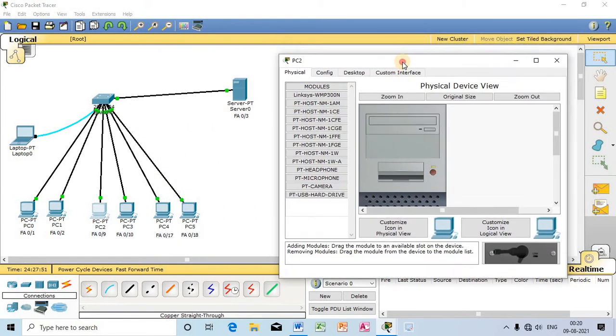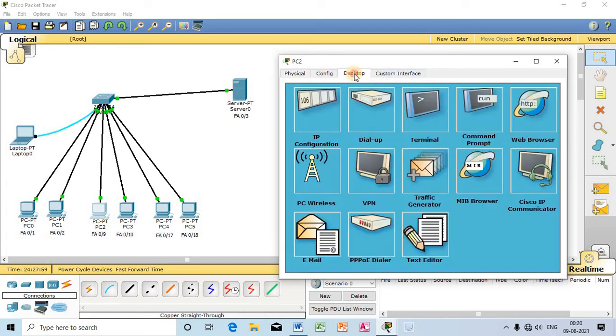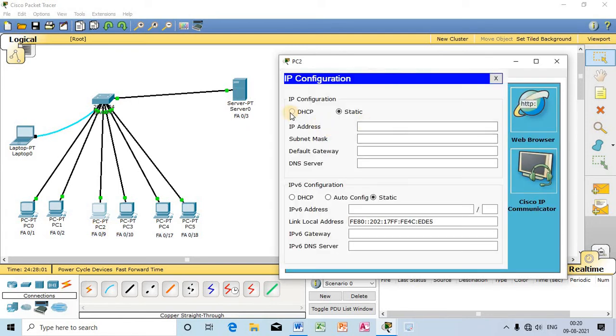Now the question is whether this computer will be able to access the response of the server. Let us check. I will click this DHCP, and you can watch out, it is taking some more time, and after that the DHCP request failed. So why has the DHCP server failed to respond? The reason is that,